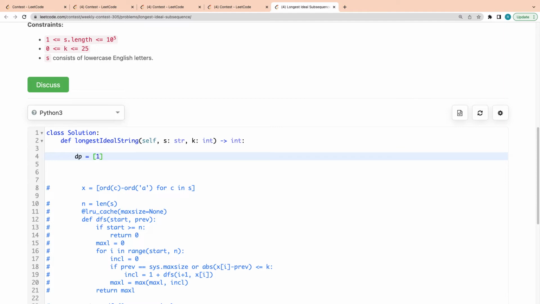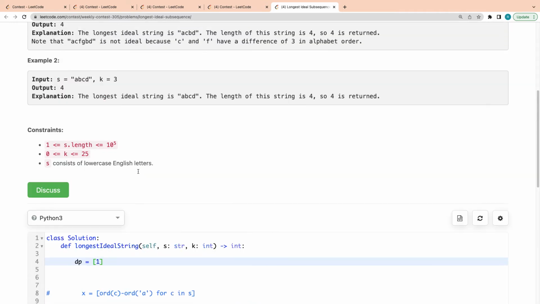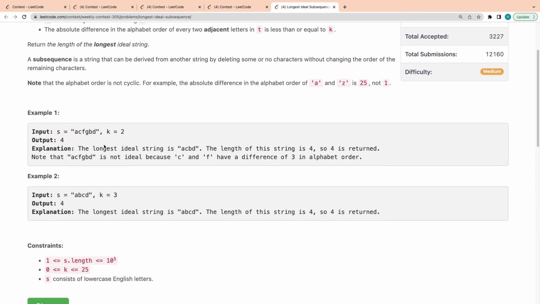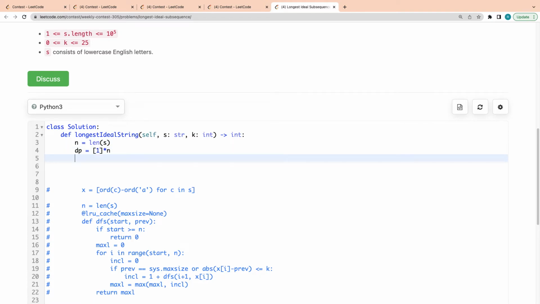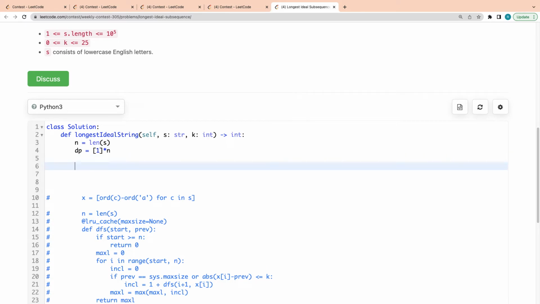The reason is that at least one character would be there, right? The length of 1. So that's why we are initializing with 1. Again, there will be the length of S. So I will create this DP of this length. And how we fill this DP is we start from range I,